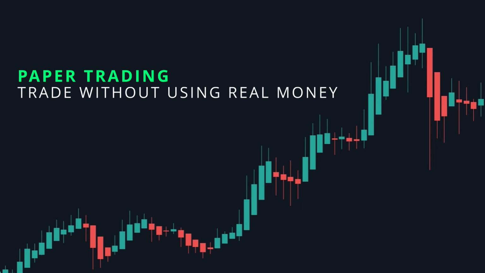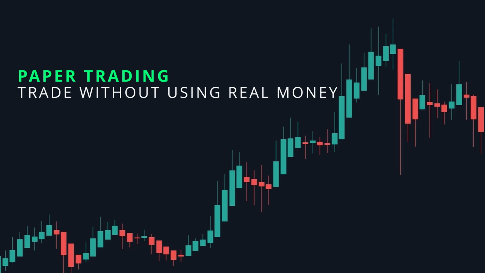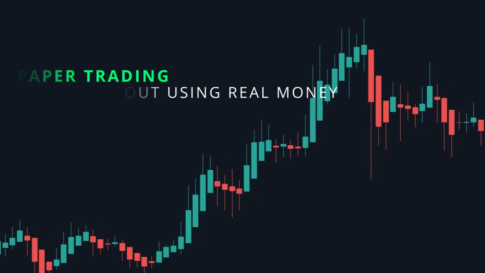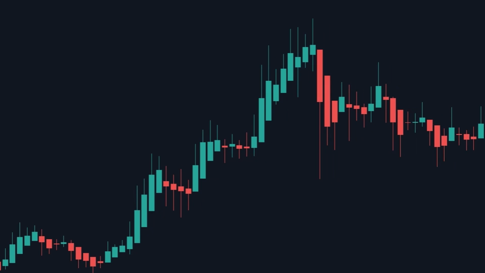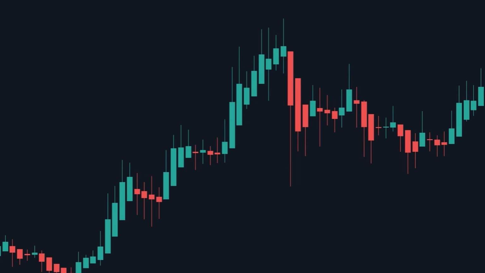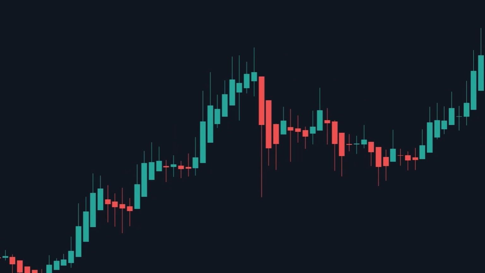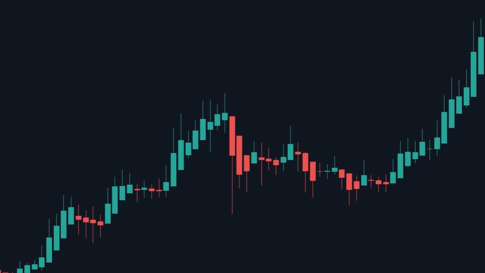Paper trading is a trading simulation where traders can practice buying and selling without risking any real money. If they win a trade, they don't make any money, but if they lose, they don't lose any either. There's a lot that goes into this strategy, such as backtesting it up to 100 trades and streaming my paper